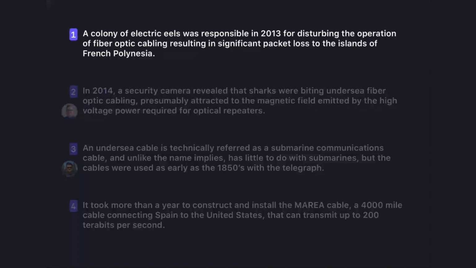And all this means that number 1 is the compiler error. There's no such thing as electric eels distorting the connection of undersea cabling, which is all fiber. So why would a little electric phenomenon affect the optical repeaters, making them shut down and restart because of a team of electric eels? But this is based on a little bit of reality.